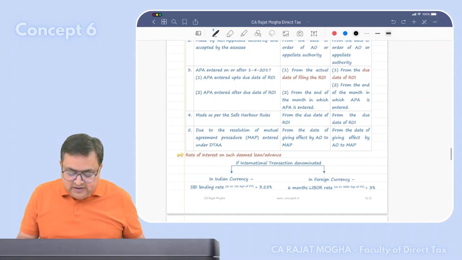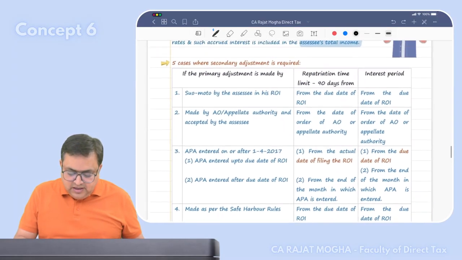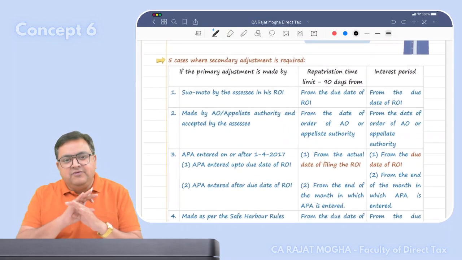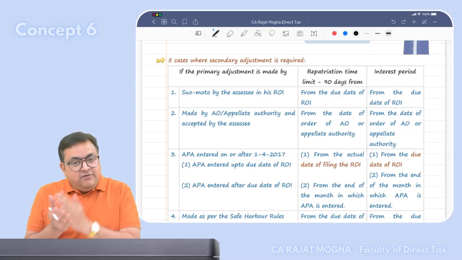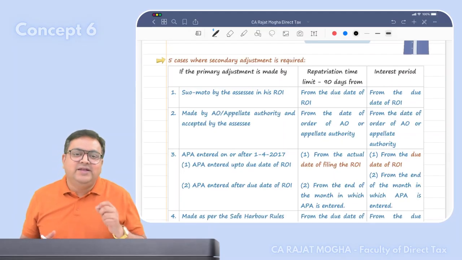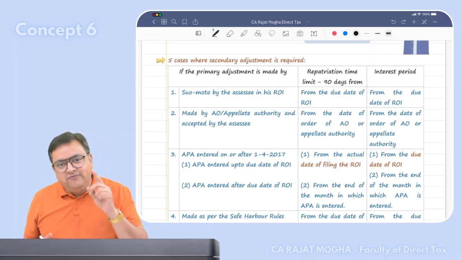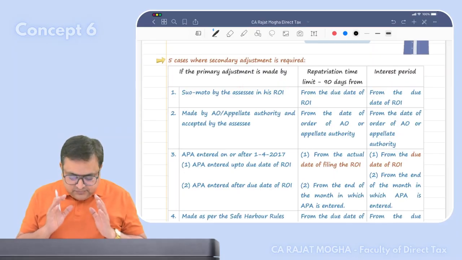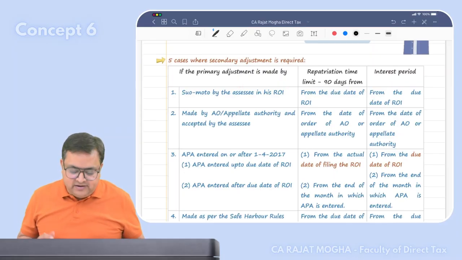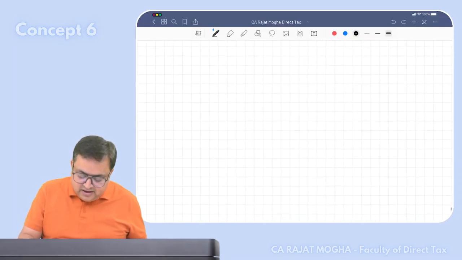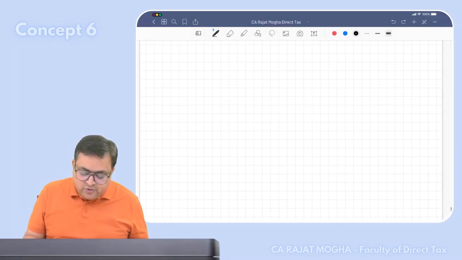We will calculate the interest. If it is repatriated within 90 days, we will not calculate interest. But if it has not been brought into India within 90 days, then we will start calculating your interest from the very beginning. Now, from which date do we have to calculate the interest? Now it depends, guys, on why you have made the primary adjustment or how you have made